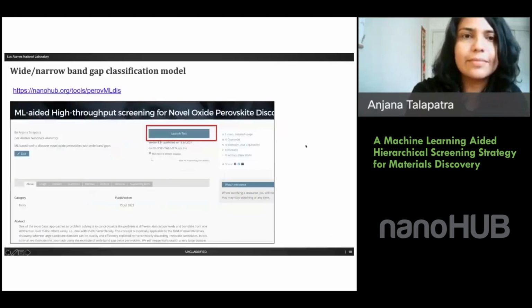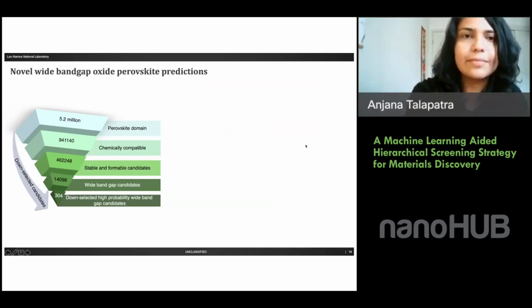So this is where we left off, and we did all this. Now we are at the stage where we built all our models. We made sure that they're accurate enough to satisfy us, and then we applied them to approximately 1 million compounds. Applying our stability, thermodynamic stability and formability models reduced our space to about 500,000. And then when we further applied our insulator model, we got around 14,000 materials. Out of this, 14,000 is very small compared to the 5.2 million we started with. But at the end, it's still a very large number to actually